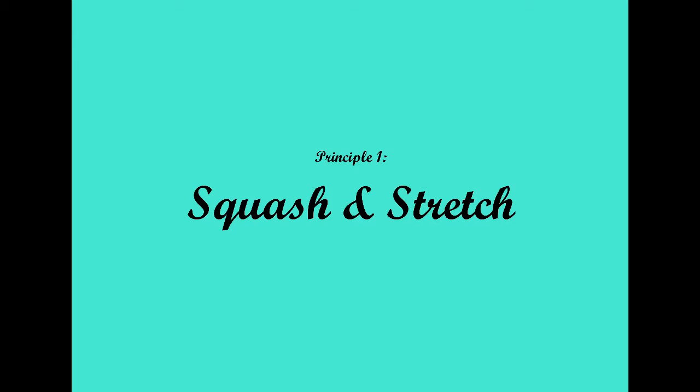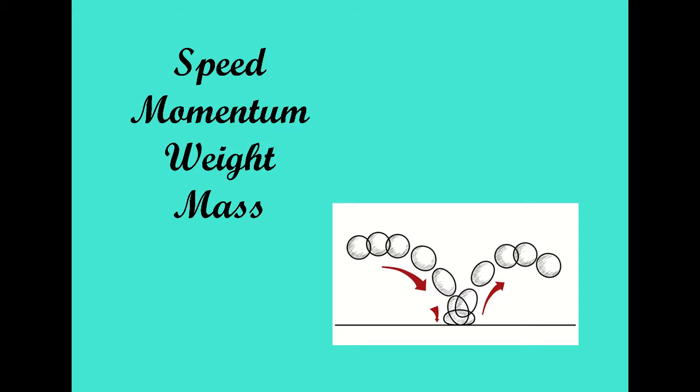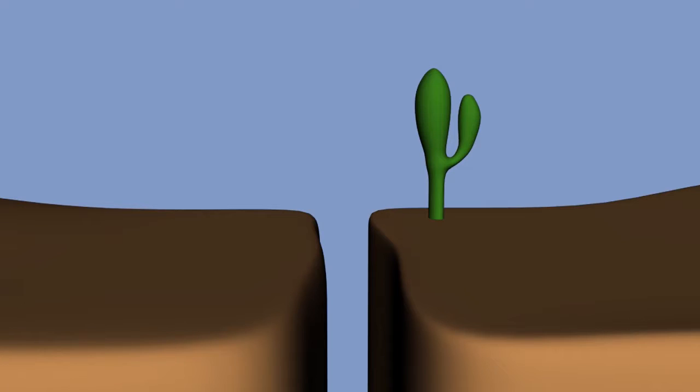This is one of the most important principles as it can be applied to almost anything. Squash and stretch can be used to emphasize an object's speed, momentum, weight, and mass by making an object longer or flatter depending on how it's moving. This can be seen in bouncing balls, where they stretch out as they get closer to the ground and squash